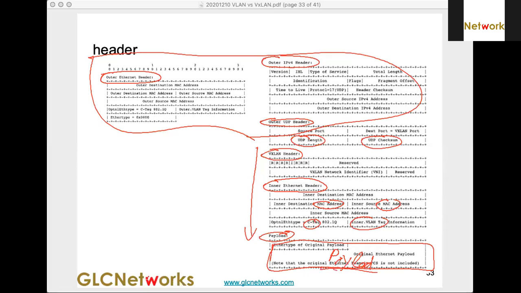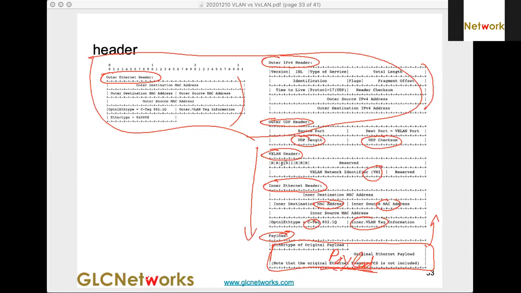And then you are putting more encapsulation on this. This is like a normal IPv4 header, the IP header, this is the normal layer 2 header, and then here we have the VNI.